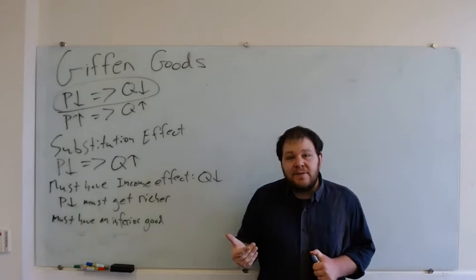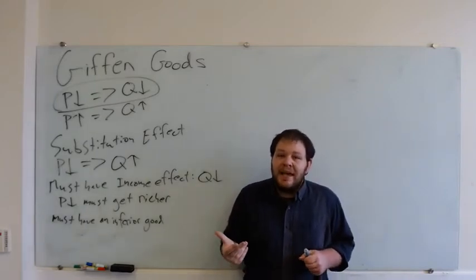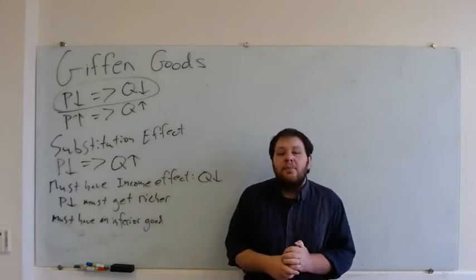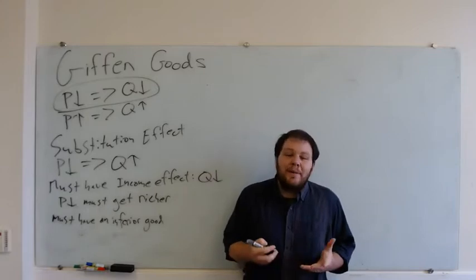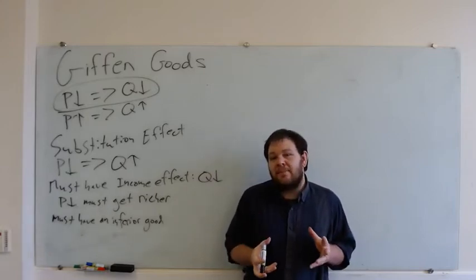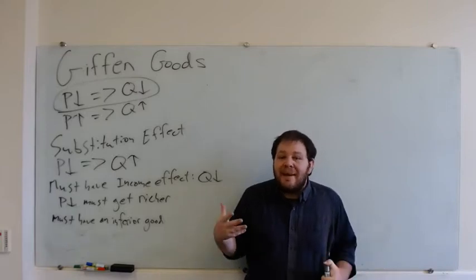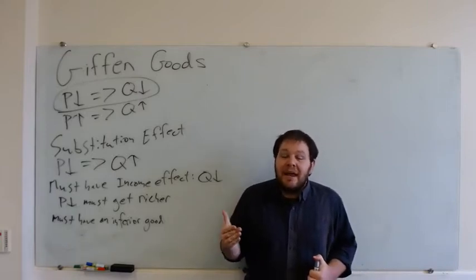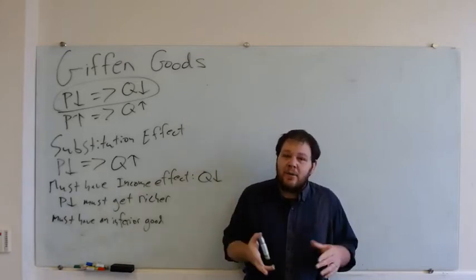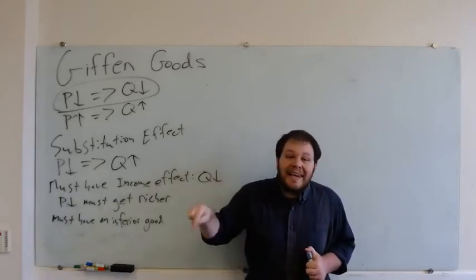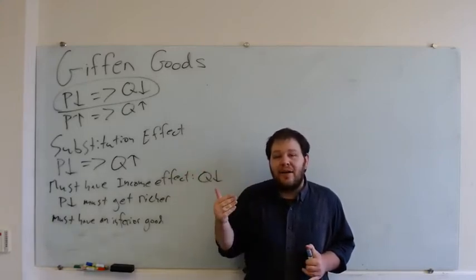And one of the consequences of getting most of your calories from a single type of food, from a single grain, is that you might have enough calories to live, but you're going to get pretty severe nutrient deficiencies as a result of that. And of course, you're going to be pretty sick of eating that one food all of the time. So your staple grain is going to end up making up a large part of your budget and being a strongly inferior good. In fact, just speaking about nutrient deficiencies, if we look at the average height of human beings over time,